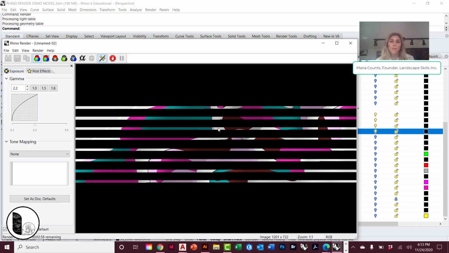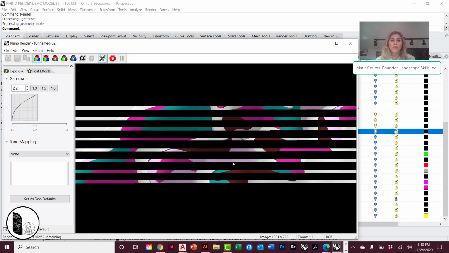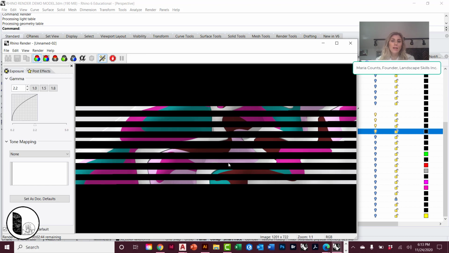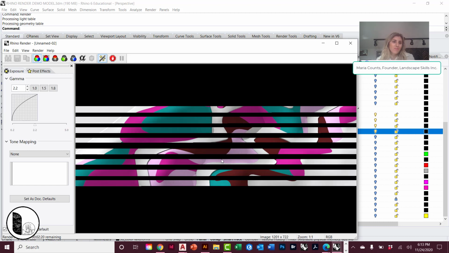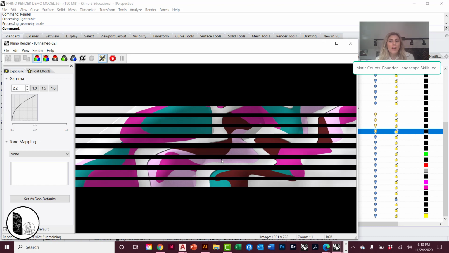Now, if you do have V-Ray built in as a plugin or added to your Rhino, then it may look a little bit enhanced. You can also export your model as an OBJ. You can open it in Blender. You could add Lumion and have side-by-side and be using Lumion techniques. So Rhino is a really great modeling program that really allows you to sync your 3D model with accurate AutoCAD design and then have all sorts of different settings just to keep it really basic that you can then collage on top of or do other things, create diagrams, what have you, but you can also go super advanced and